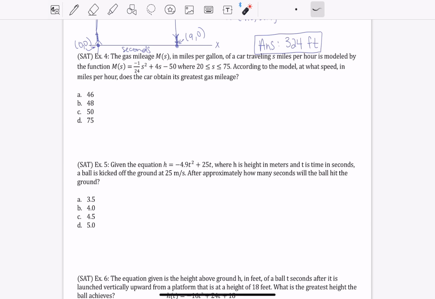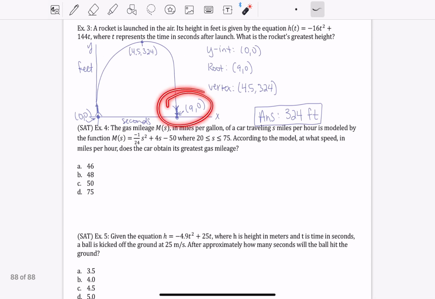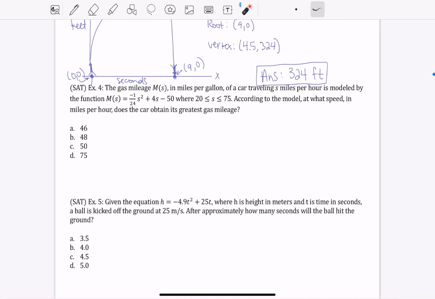After approximately how many seconds will the ball hit the ground? This one isn't asking for height. It's asking for what period of time until the ball hits the ground again, meaning how long the ball is in the air, which we've talked about multiple times. It's going to be this number here when it hits the ground again. And then this number 4